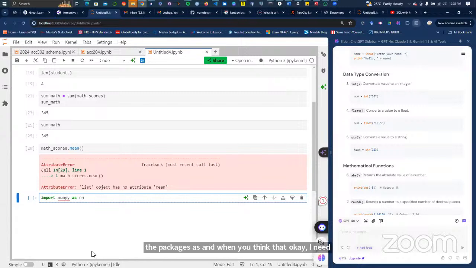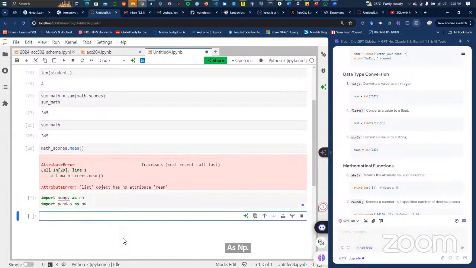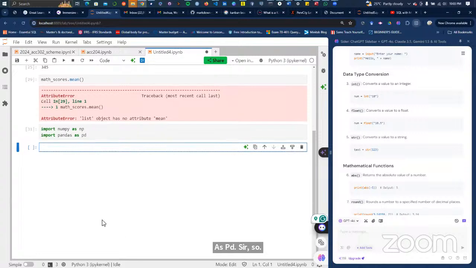For example, in this case, now that I need NumPy, I can import only NumPy. But if I think the part of the work will also require pandas, I can import them together. Import pandas as pd, sorry. And when I run, if you type everything correctly, it should run clean without any errors.